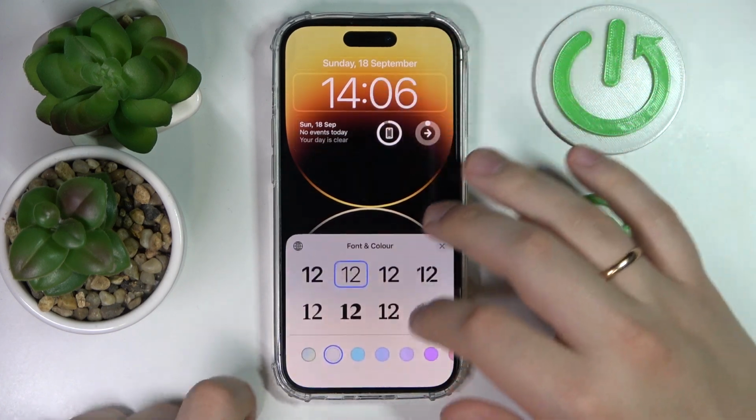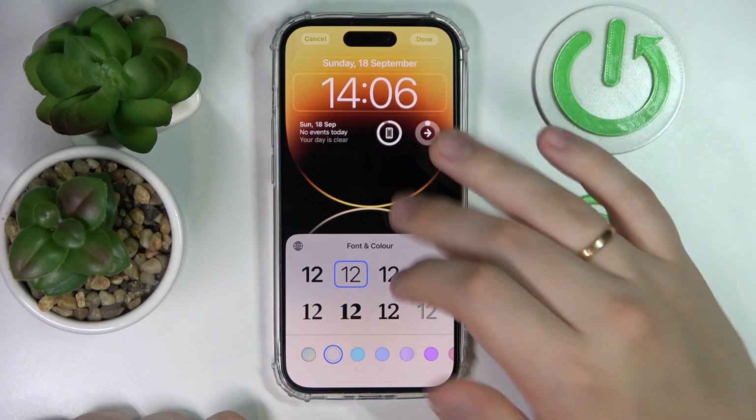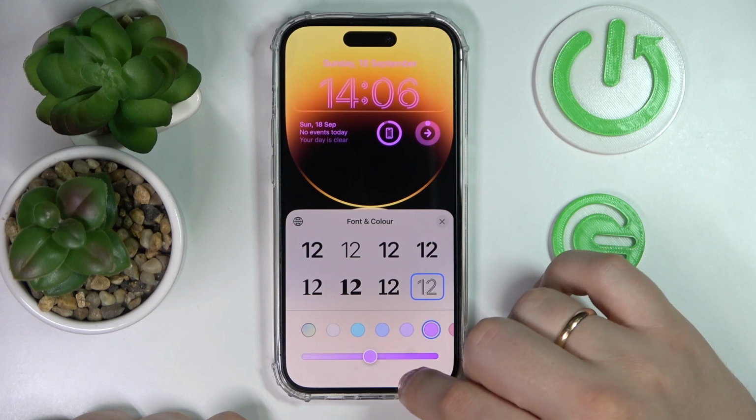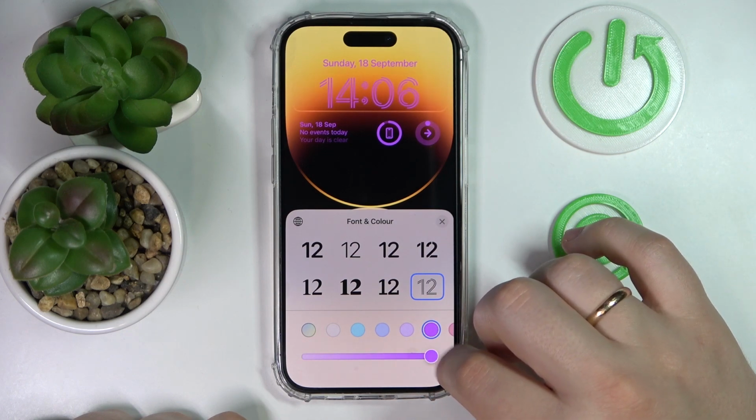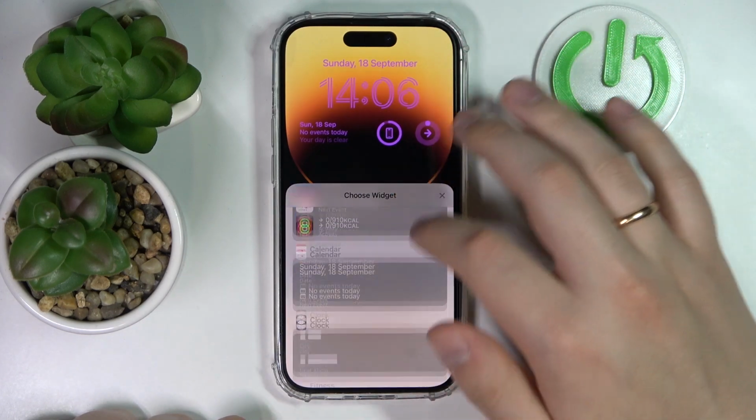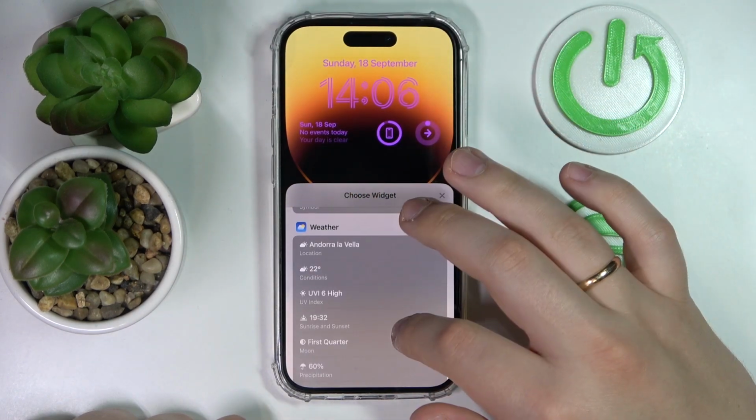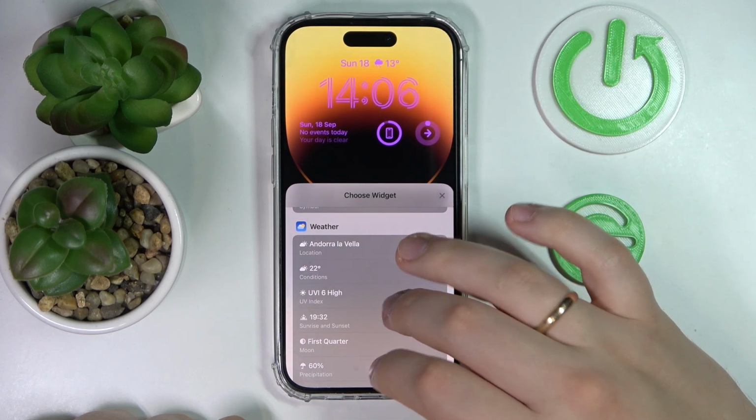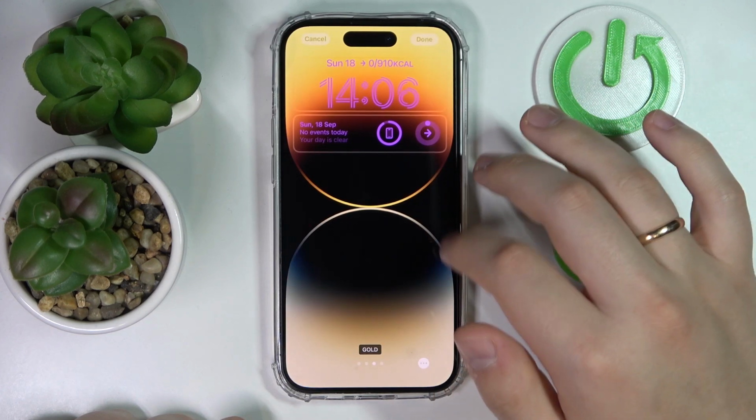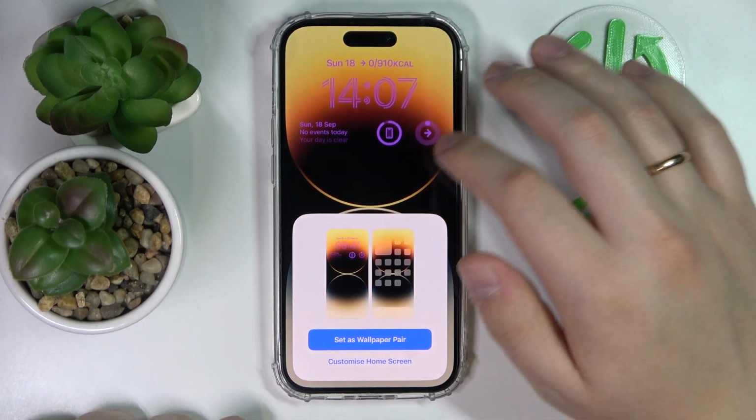Next, you can also change the font style, the text style, as well as the color for the digital clock. So I'll go with this one, for example, and change the color to darker tones of purple, probably. And in here at the very top, you'll also be able to choose the widget to be displayed. Just like so. Alrighty, so after that you just gotta click on the